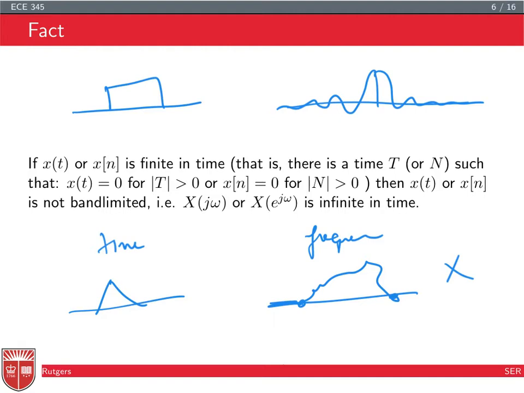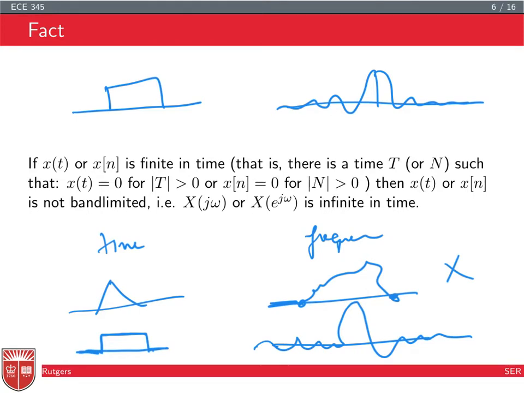For example, again, we go back to maybe the canonical example we look at, the low-pass filter. It has a bounded support, if you want, meaning it is non-zero only in a finite interval. Then, in the frequency domain, it goes from minus infinity to plus infinity. So in some sense, you cannot have a signal that is bandwidth limited, that is limited in the frequency domain, and also limited in the time domain. If you make it limited in one domain, it has to be extending from minus infinity to plus infinity